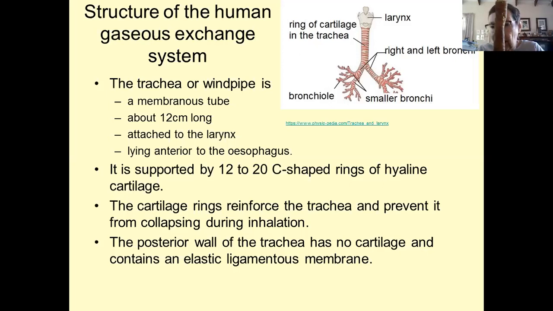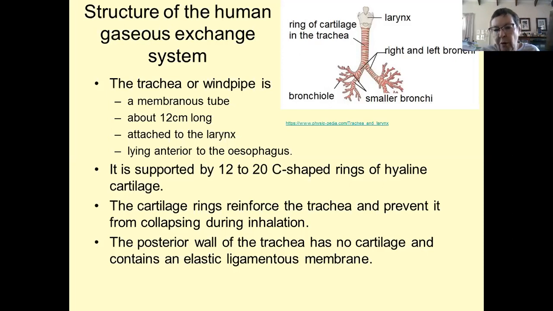So this is a trachea. What you can see here is, okay, you can look into the trachea and you can see that there are rings of cartilage. Those rings of cartilage are not complete. They are always referred to as C-shaped rings of cartilage, and those rings of cartilage do not close at the back. So they only go that far and they don't close at the back. So the back part of the trachea is just the membranous tissue. There's no cartilage in the back part of the trachea. So the cartilage rings hold the trachea open,